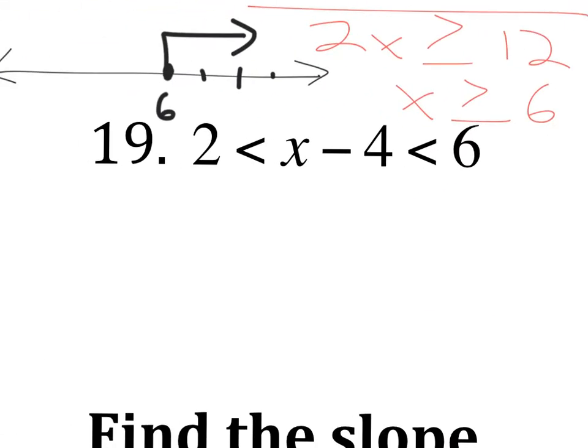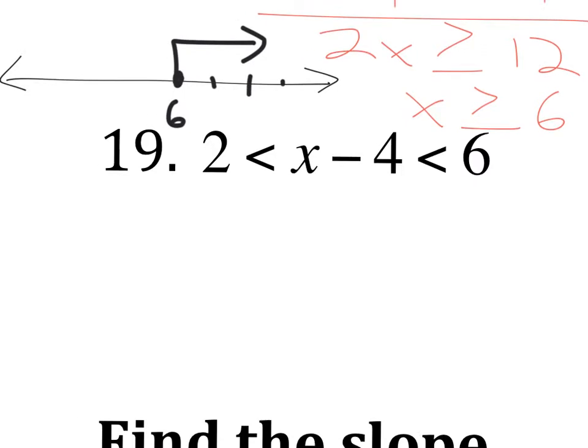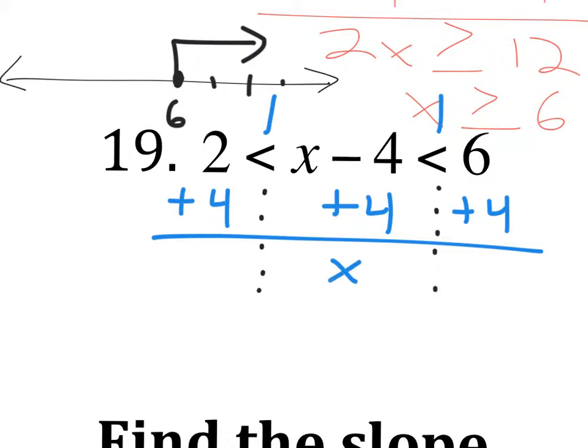19. Notice what's different about this one is you have two inequality symbols going right at you. Basically, you can pretend that this is a three-sided equation, kind of. You're going to choose what you do, and you're going to do it to all three sides. So I'm going to add 4 to all three sides. When the Pac-Mans are chasing each other,